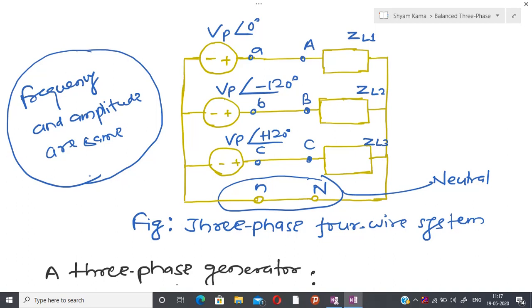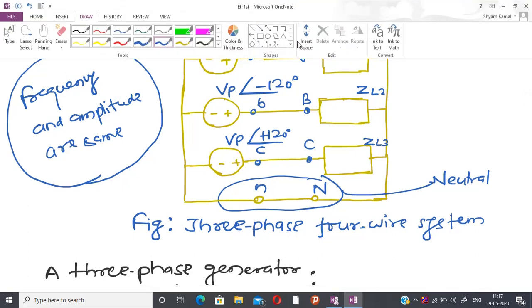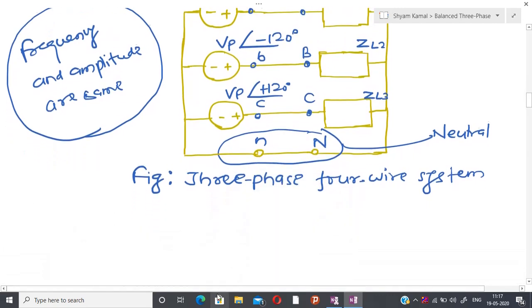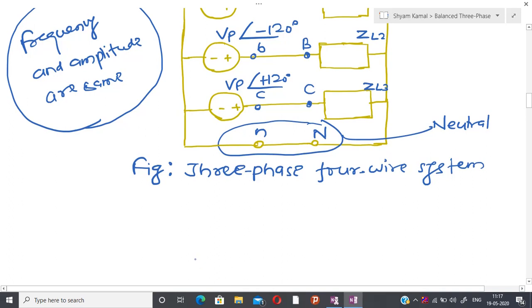And I have already told you that three phase systems or polyphase systems are more economical. So due to that reason, it is widely acceptable in order to deliver or in order to make the connection. So let us try to see the reason for this, why people prefer the three phase connection.